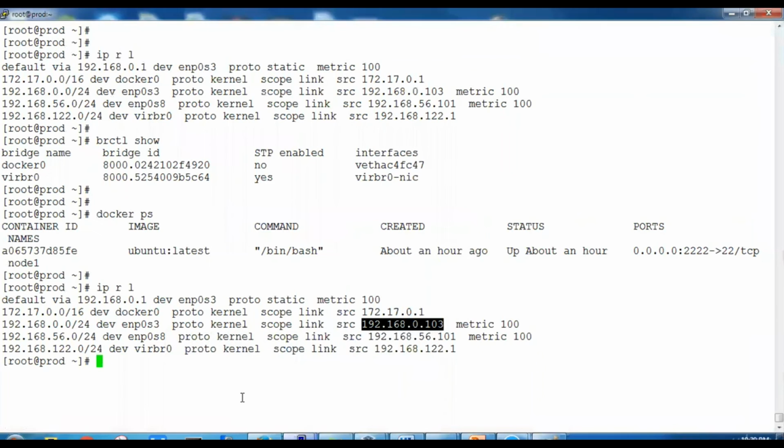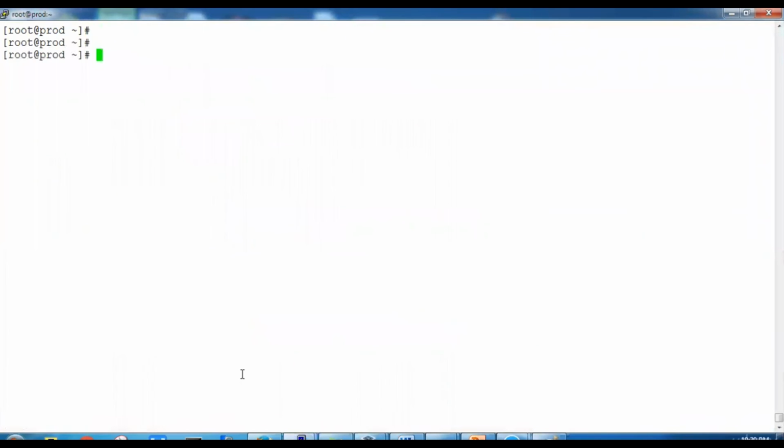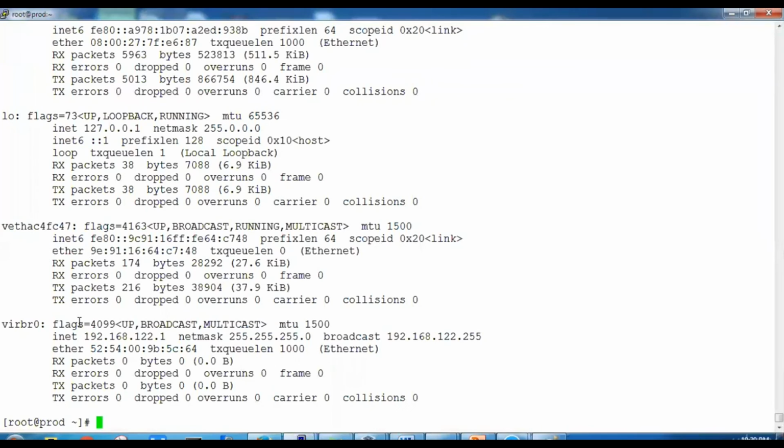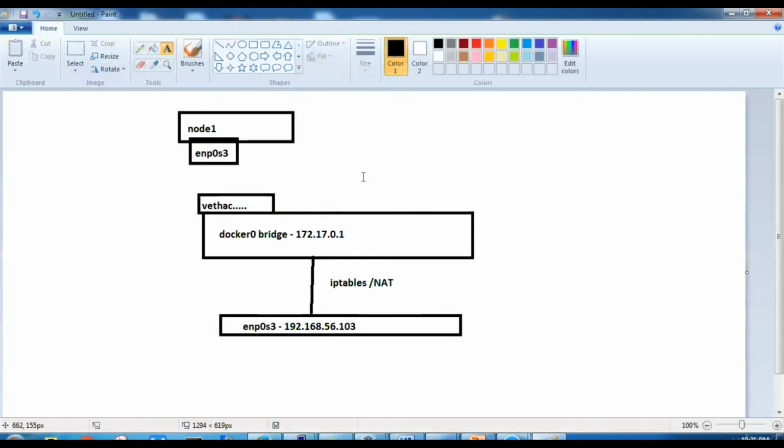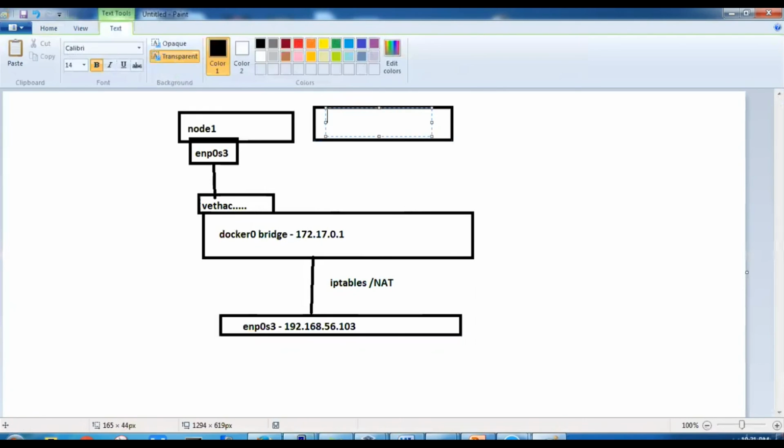So I will just open it and give the command ifconfig. So this name is VETH, and so forth and so on. Something like this will get named here, and these two get connected. Let's say you spawn one more container, node 2 similarly.